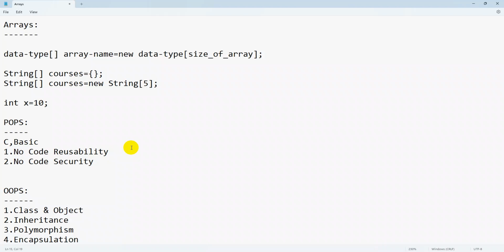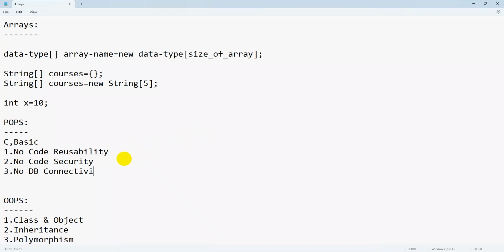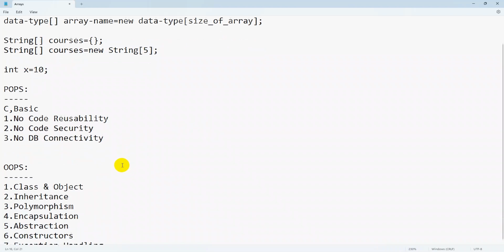We need to maintain that sensitivity, and that is not available in POPS languages. And whenever we create large scale applications, we always prefer to connect with a database, but here there is no DB connectivity. So due to these three drawbacks,